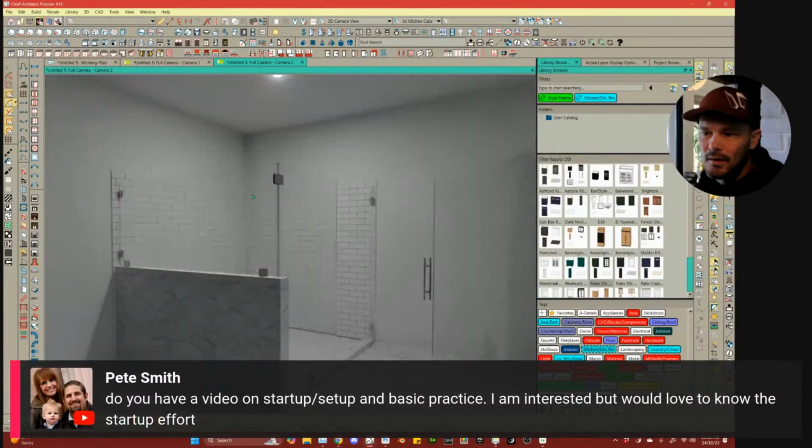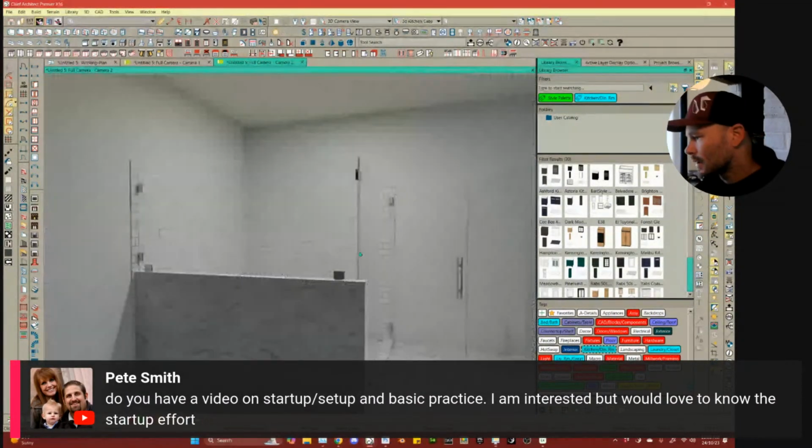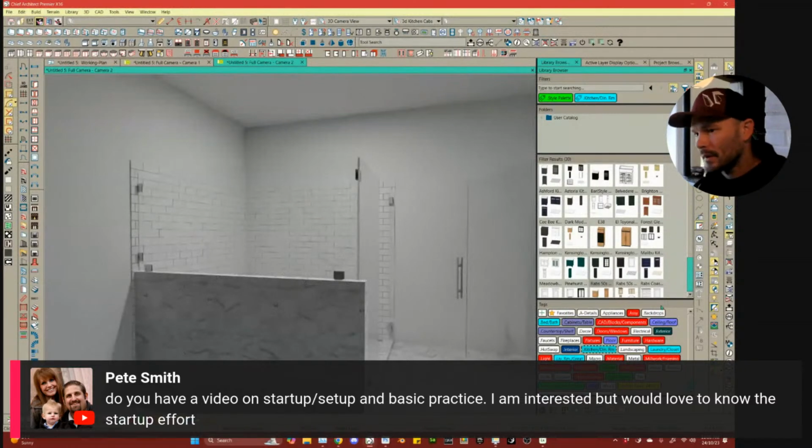I give you a way to change this hardware to corner hardware. You know, this is essentially a door. You can mess around with this, but